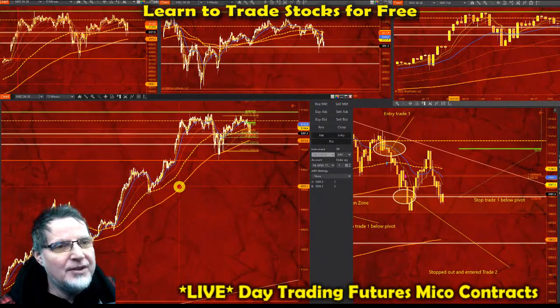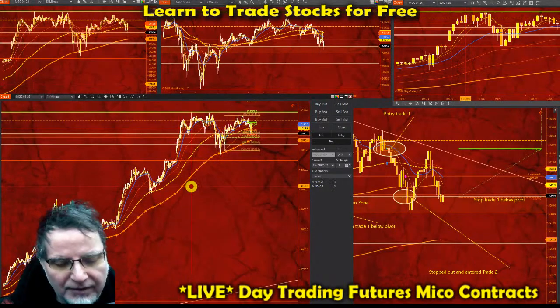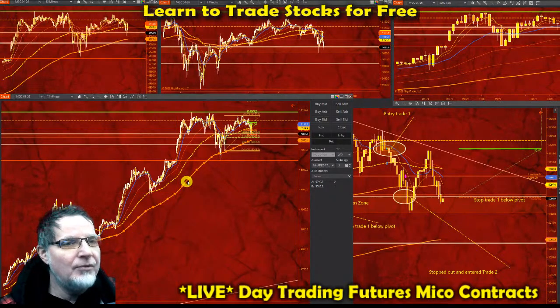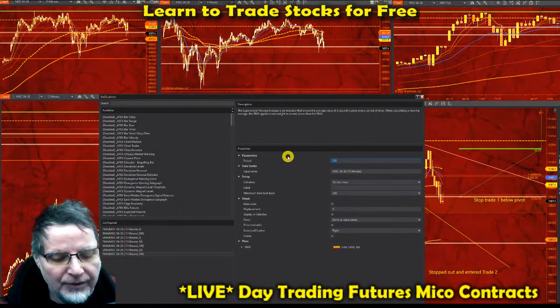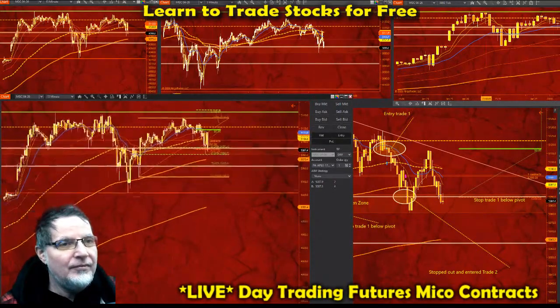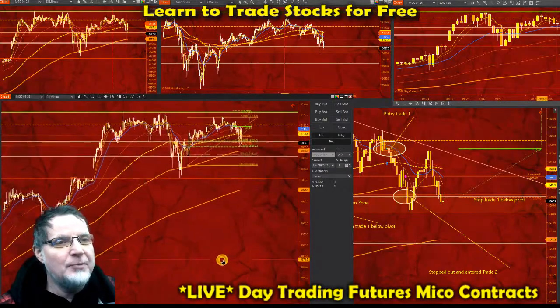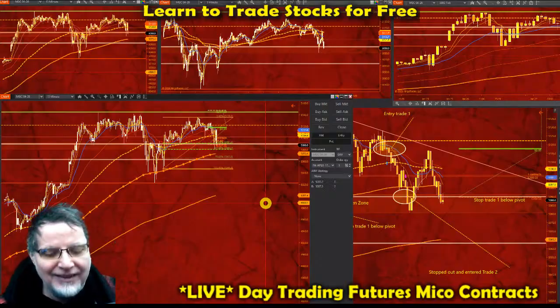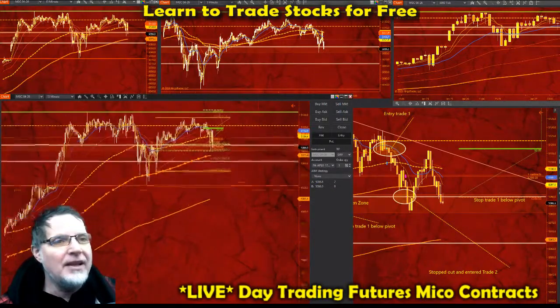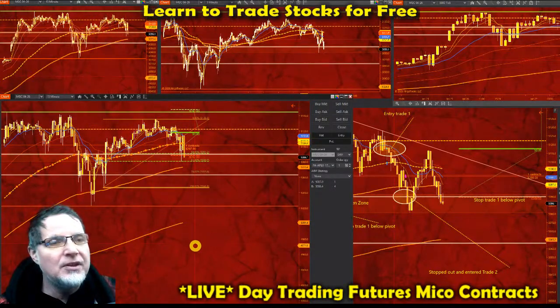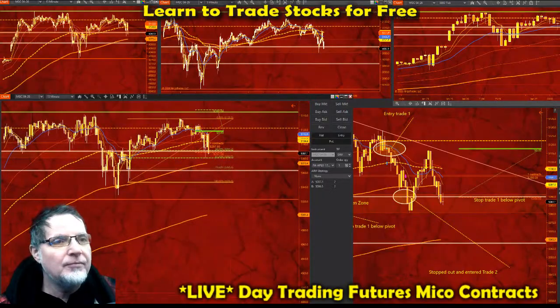Yeah, once it gets below the 200, I'm not really interested in trying to go long at that point. I'm looking for it to reverse. It's just too much of a stop loss. Even if it is bullish, and even if it does break it, and even if it sweeps yesterday's low and then bounces and comes back up, I can't trade down like that. So I'd have to wait for it to look bullish like it did up here. When I first took my first trade, it was above the 100 moving average, and it was bullish.